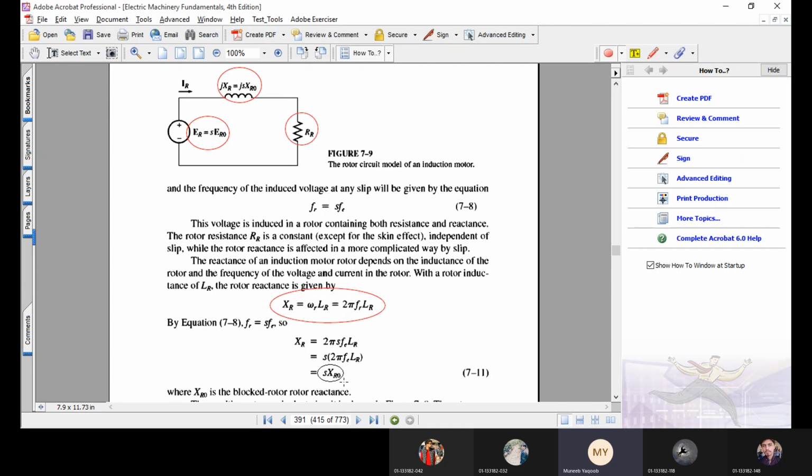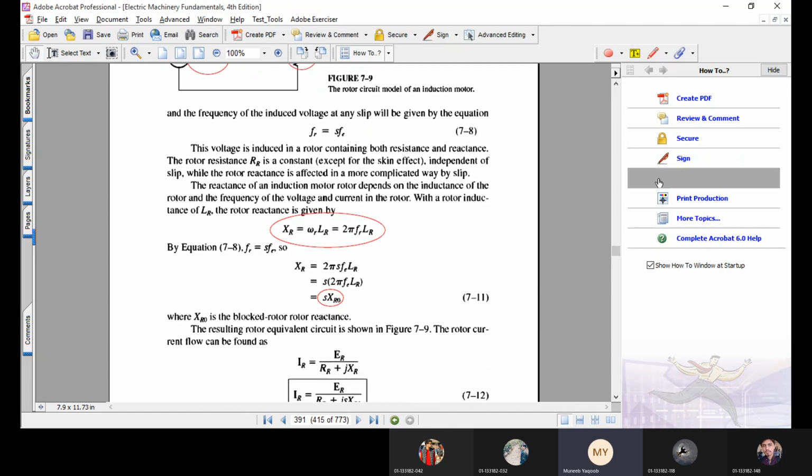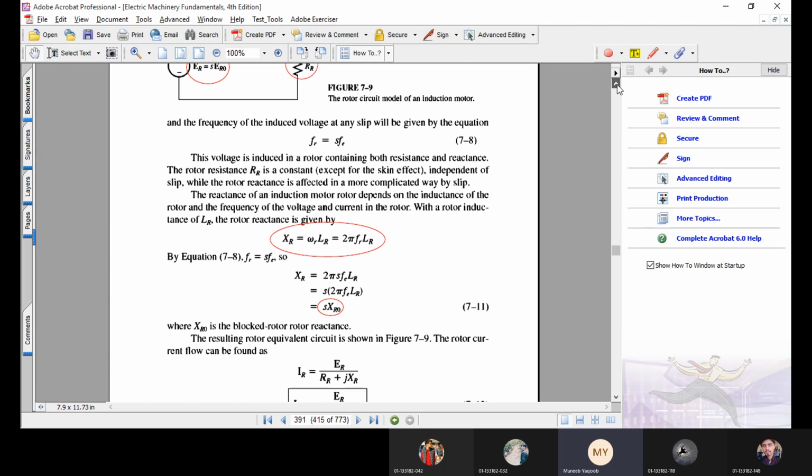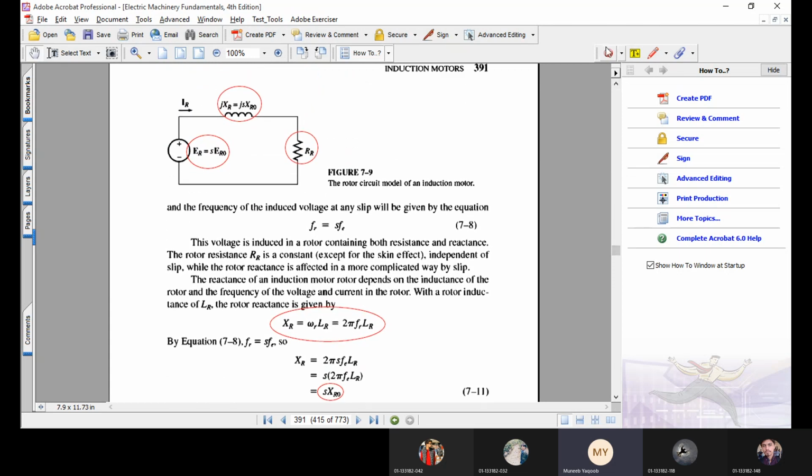So it is slip time XR naught. When relative motion is maximum, rotor's inductance is maximum. When relative motion is minimum, rotor's inductance is minimum, because this inductance depends upon the frequency of the system. So what will happen is that now they basically applied KVL in this diagram,